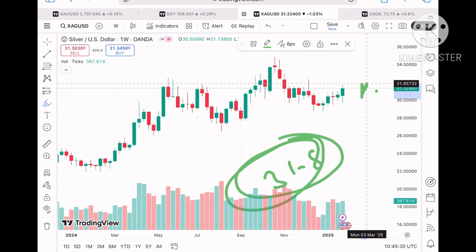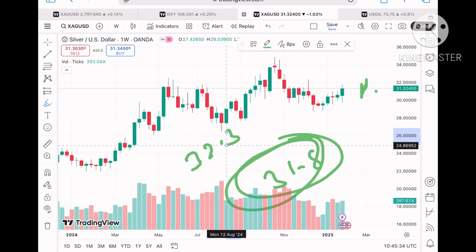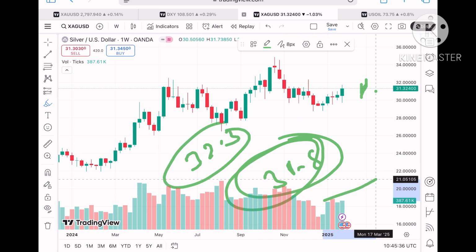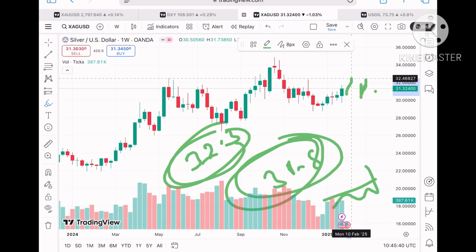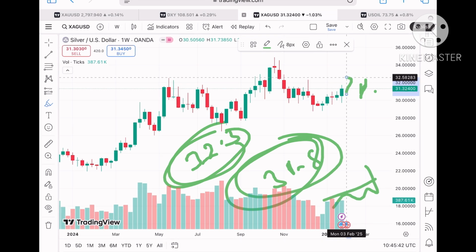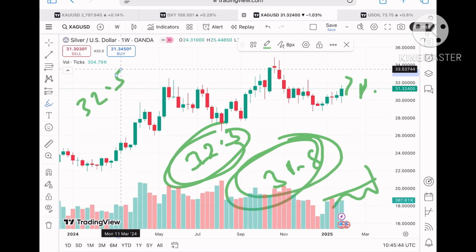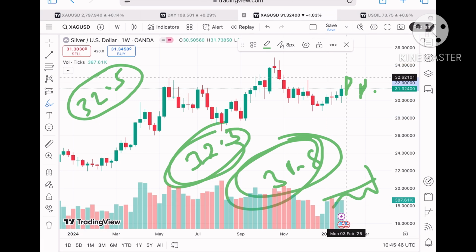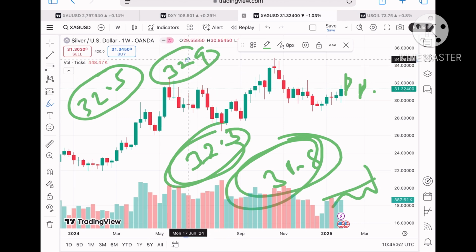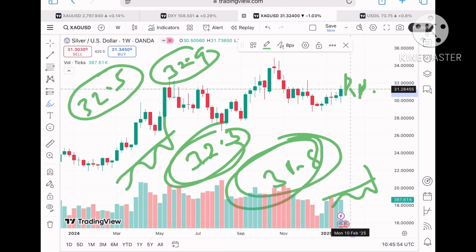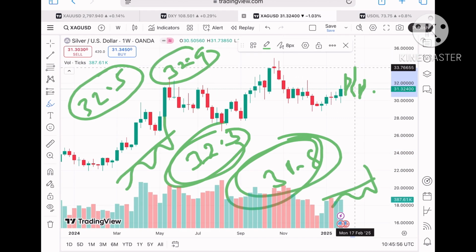If the price starts going off that particular level, 31.8 is already being tested, so chances are high the price will go upside, and then we can see it will go towards 32.3. Once it starts going off 32.3, chances of touching a level of 32.5 will be there. If the price keeps going past 32.5, we will see that it will move towards $32.9, and this level is already being tested, so chances are high it will cross this level and go towards